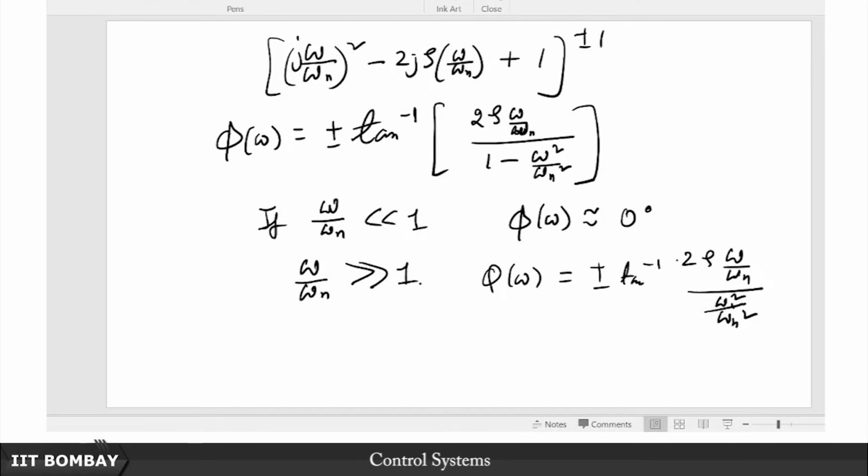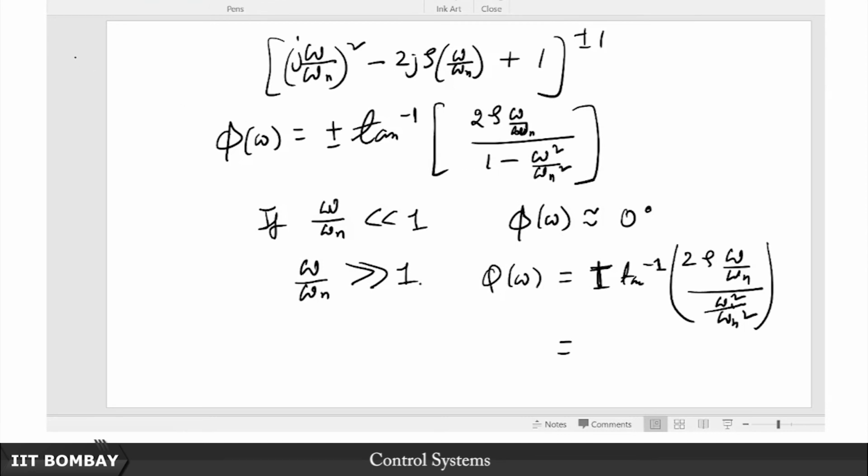So if omega upon omega n is much greater than unity, as this tends to infinity, what you then have is